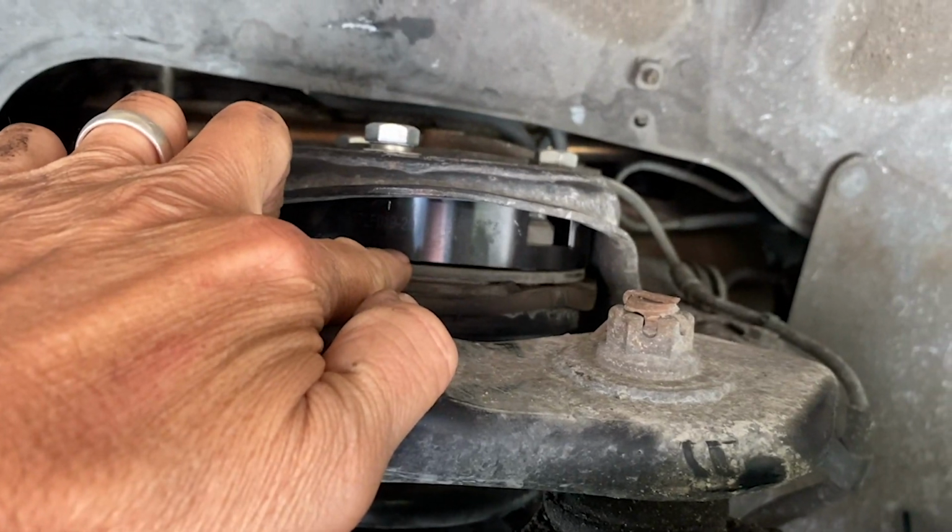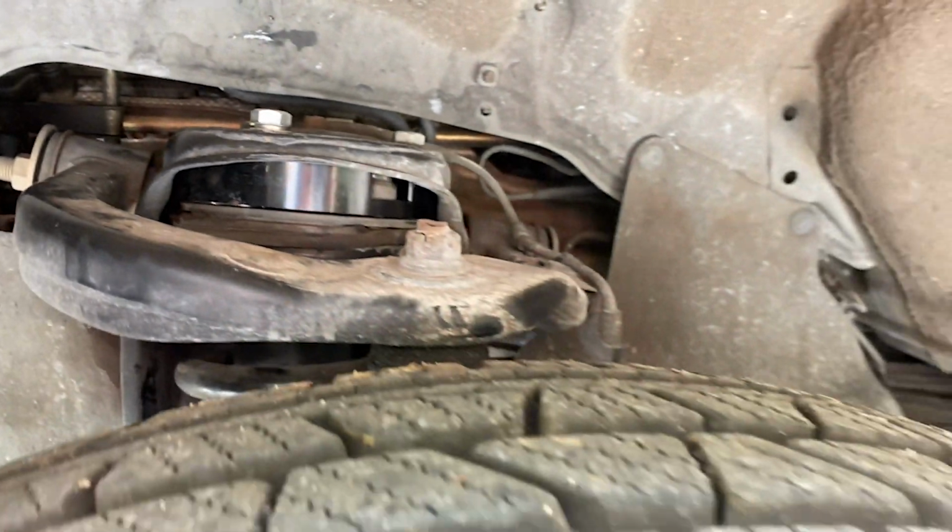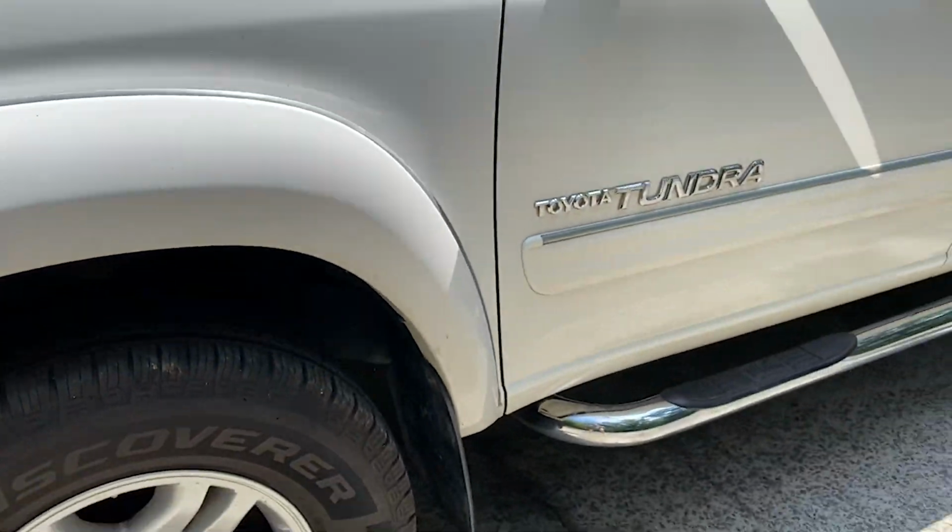And let's have a look at the spacer here. Again, 2-inch spacer, DynoFit. Link to that below if you want to check that out and get some more details